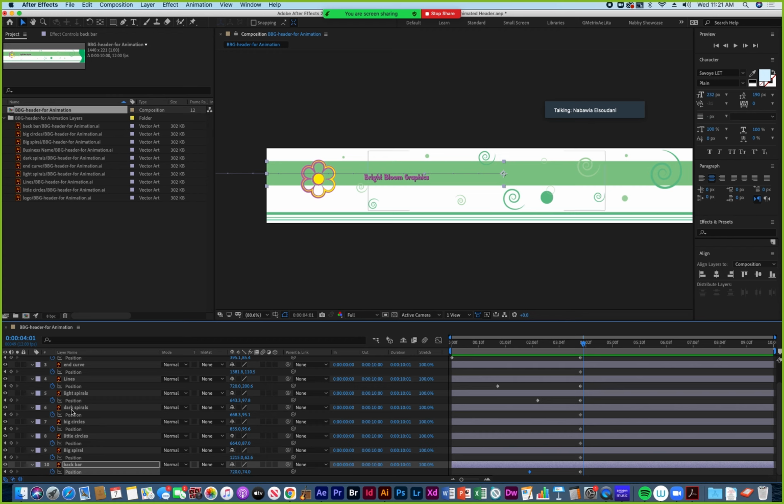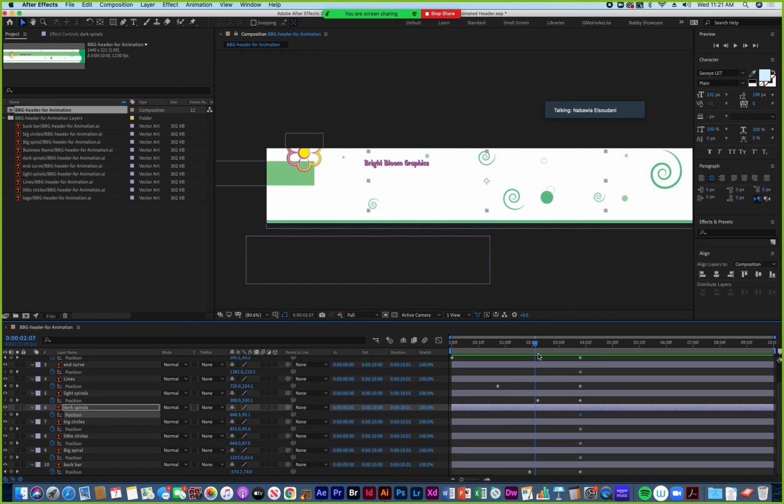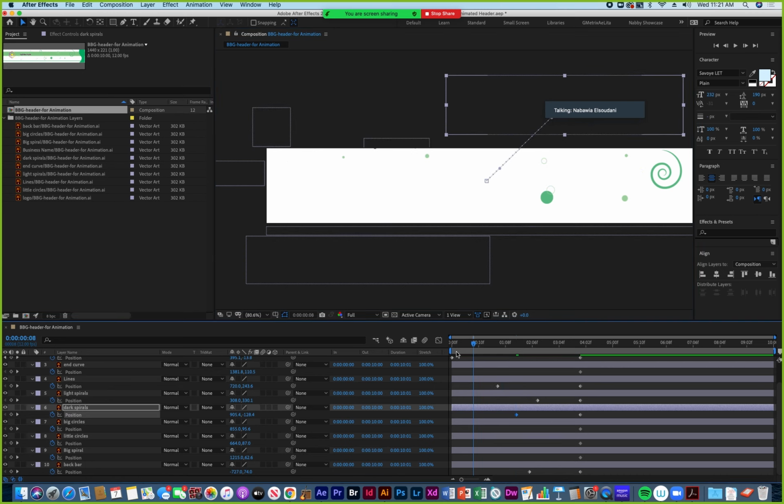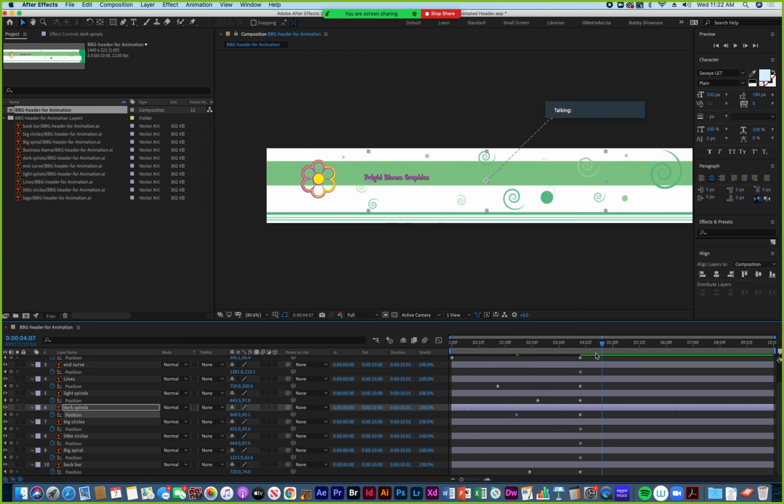And then where are my other spirals at? Dark spirals here. Did they move yet? Dark spirals did not do anything yet. So let's say dark spirals, after they come in, I'll move my playhead where I want them to start doing something. Maybe in dark spirals I can drag out, so they're gonna come in from the top right down. So some spirals moving in from the bottom, some spirals moving in from the top, and then we have circles,